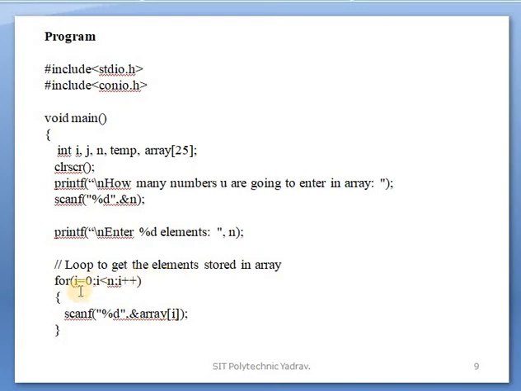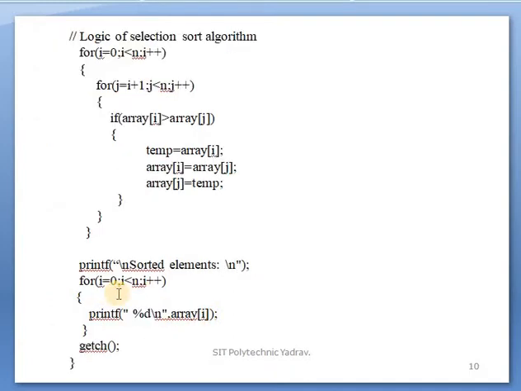Input the elements. Since an array is used, a loop is used, because the array has multiple elements and multiple statements, and they should not be repeated, so we use a for loop. The for loop concept is that multiple statements are handled in one statement. I equal to 0 is the initialization, I less than n is the condition, I plus plus is the increment, and in array of I, meaning array of 0, 1, 2, 3, 4, the numbers will be entered.